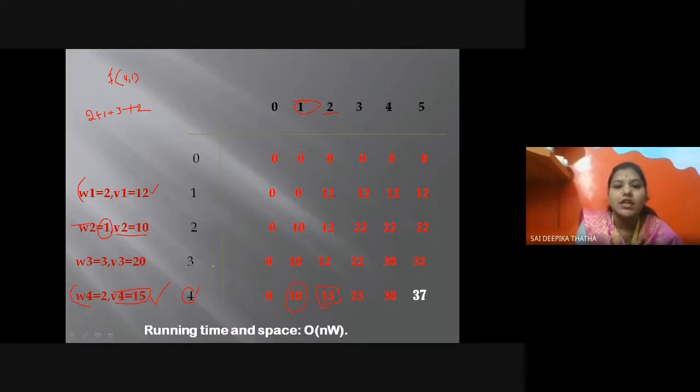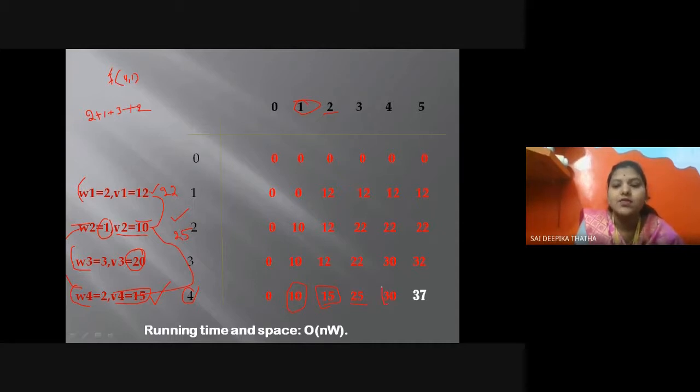Okay, for 3 now, straight away we can take 3, or I can add this 2 plus 1, 3, or I can take this W2 plus W4, which is maximum. If I take directly W3 now, it is going to be 20. W3 is going to be what? 20. If I add these two, I am getting 22. If I add this and this, I am getting 15 plus 10. It's going to be 25. Among 20, 22, 25, 25 is greater. So I am going to take 25.